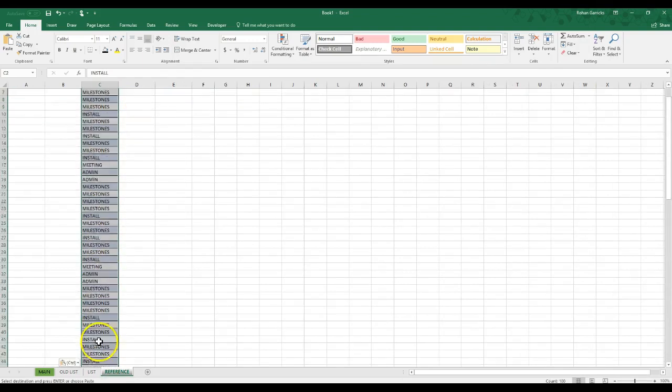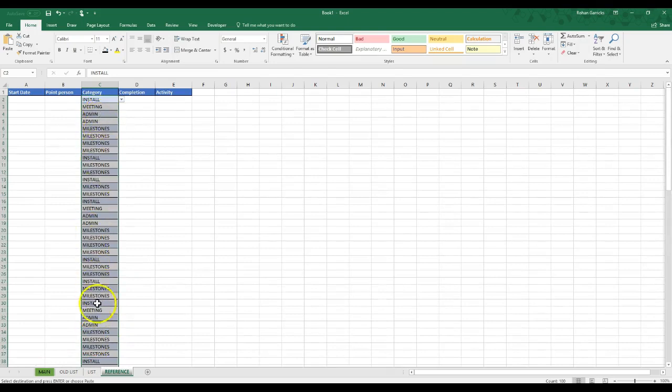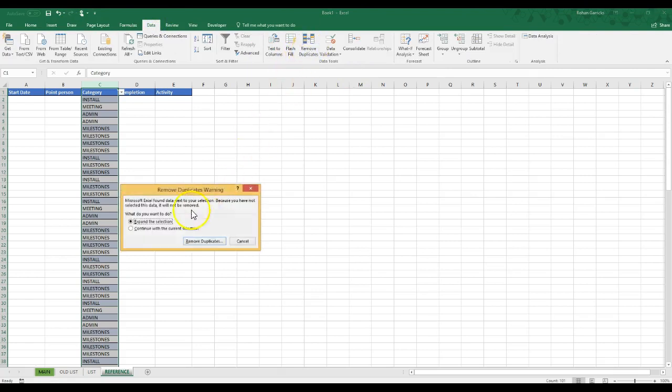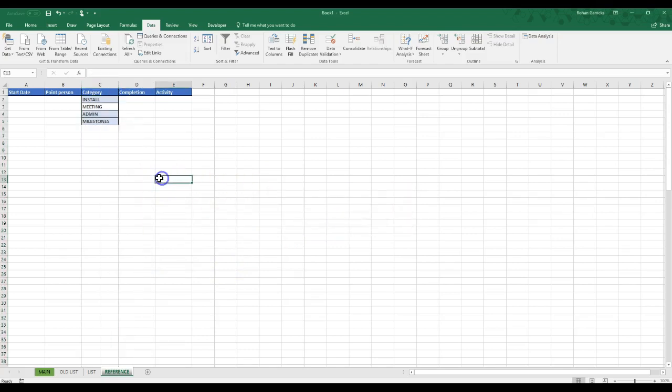Now this list has several duplicates on it, and you want to know, okay, what are the unique entries in this list? With the list highlighted, you can then go to the data tab and click on remove duplicates, and you want to just continue with the selection. By removing duplicates, it then tells you that there were 96 duplicates and only 4 unique values, so it removed